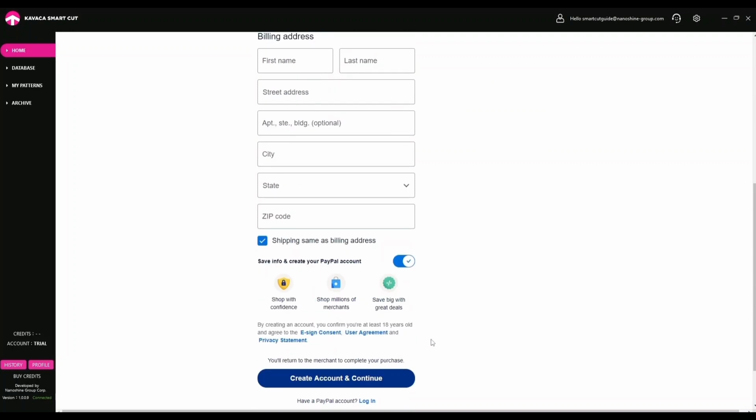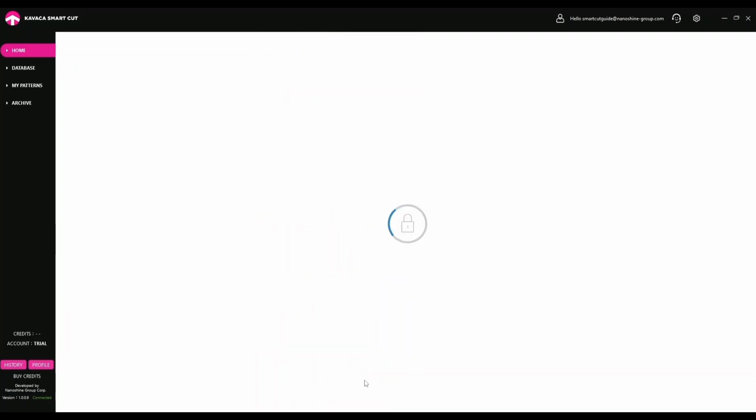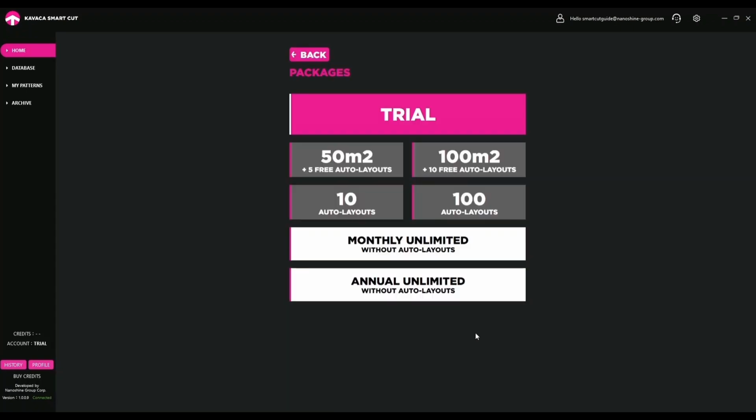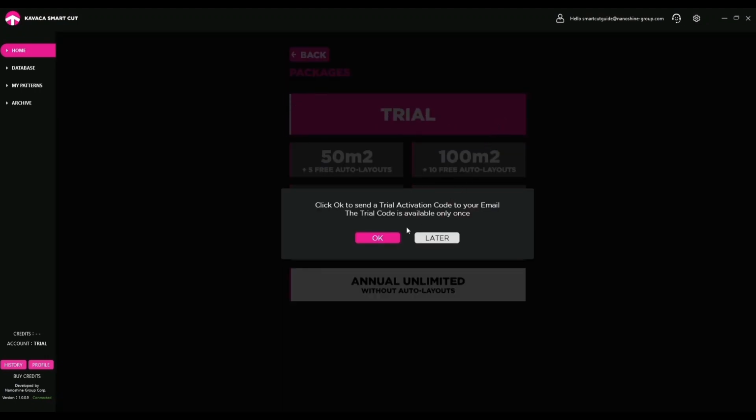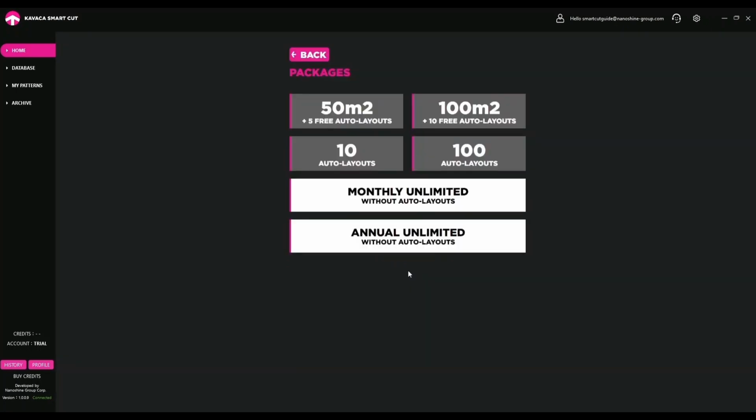You will receive an email with information required to activate the credit package to the email address previously specified during registration. Let's go back to the Buy Credits section and activate the free trial access. After clicking on the trial button, you will see a reminder message that the trial period is available only once. Even if you register a new account, after clicking OK, an email with the activation codes will be sent to the email address specified earlier during registration. As you can see, the trial button has disappeared.